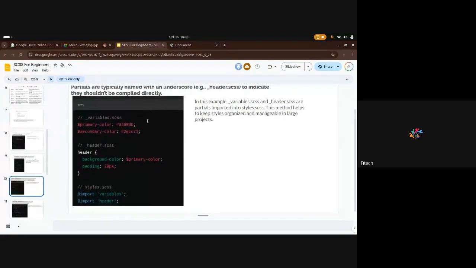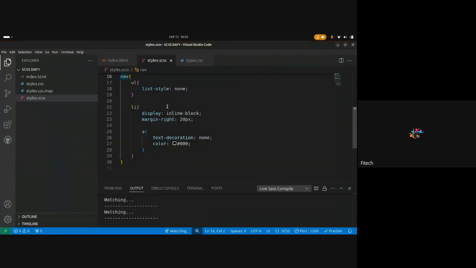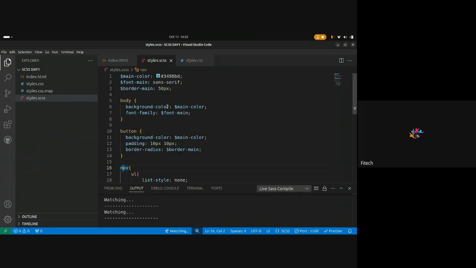So let's talk about what partials do. Let's say in our CSS now, we are writing a very, very long code for one big company, and then we want to write a lot of variables. Let's say, for example, we want all our variables to be in a separate file, right? So let's say we have variables